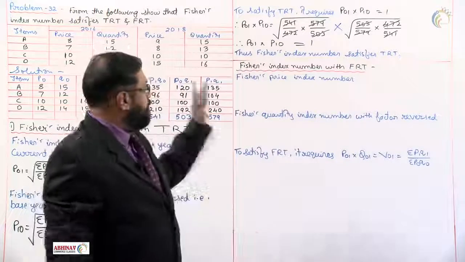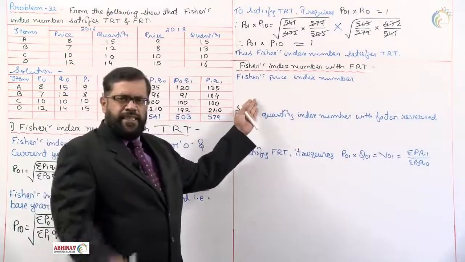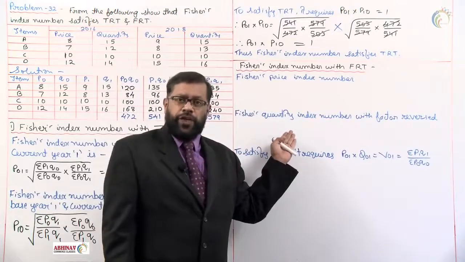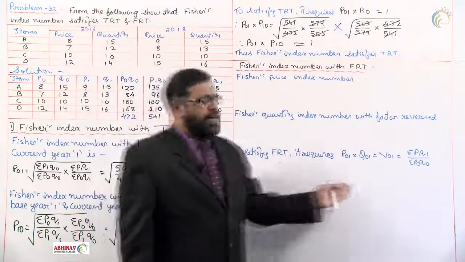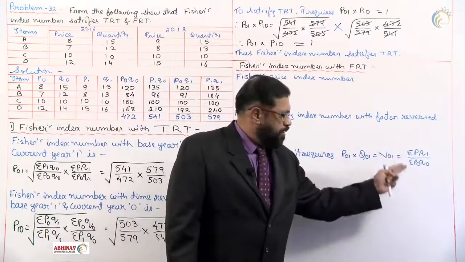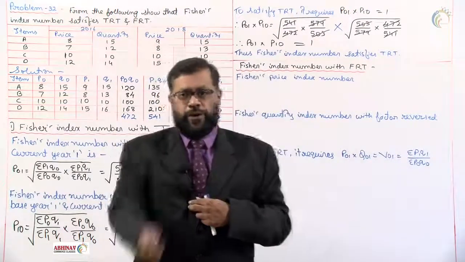To do that, first, the price index number as it is. Reverse the factors, factor reversal test. It becomes the quantity index number. When you multiply, the answer should be the value index number. Value index number means P1 Q1 divided by P0 Q0. Let's say